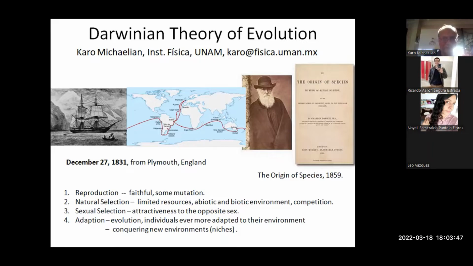So he started out from Plymouth, England in 1831, and then went to Brazil, Argentina, Chile, and the Galapagos Islands, and then across the Pacific Ocean, all the way to Australia, and then up around Indonesia, and then South Africa, and then back to Brazil, and then back to England. And that round trip took about 4 years, sorry, but they were stopping at different ports.